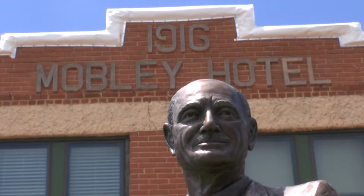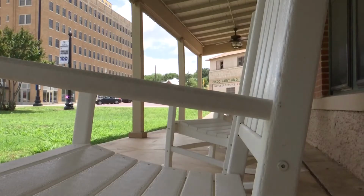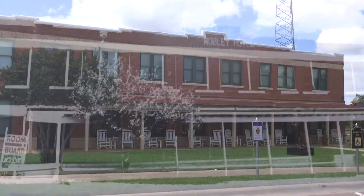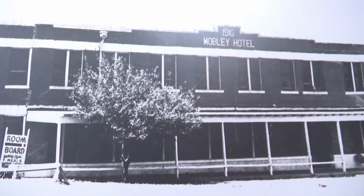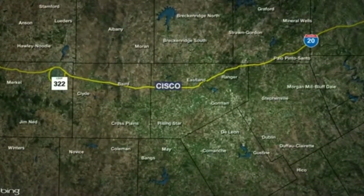Today, these bells can be heard ringing off the walls of the Cisco Chamber of Commerce, or as some know it, the Community Center. But if we go back 100 years, just to actually have something that we can hold on to from the past, these red bricks will tell a different story. It was the year 1919 in the height of the oil boom, and Conrad Hilton was headed east to start his career in banking. One of his buddies said, "Connie, if you want to make your fortune, go to Texas." And so with $5,000 in his pocket, the young entrepreneur set his sights on Wichita Falls before eventually landing in